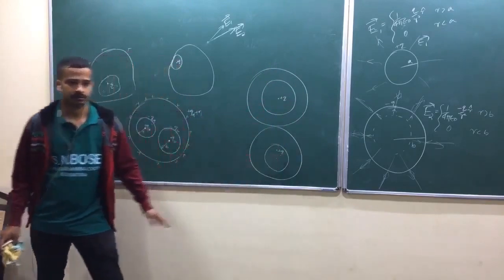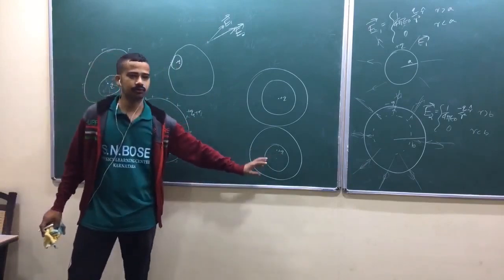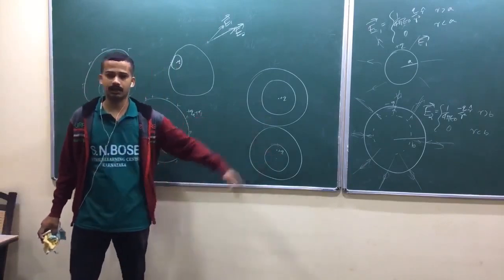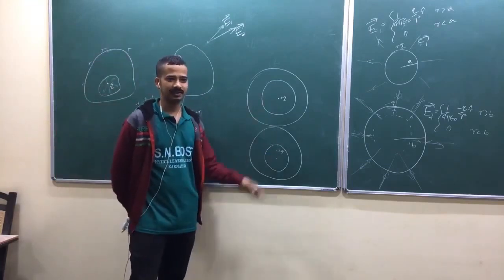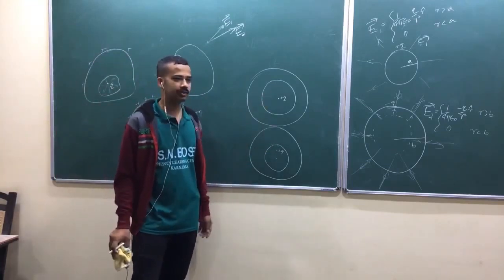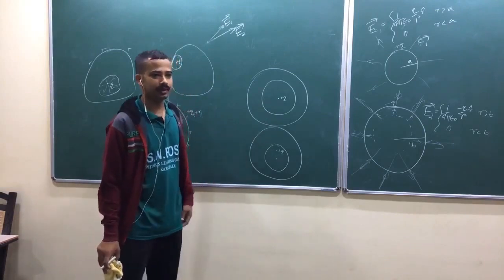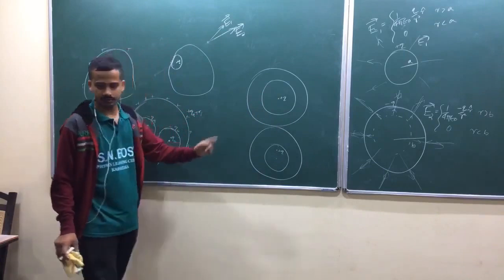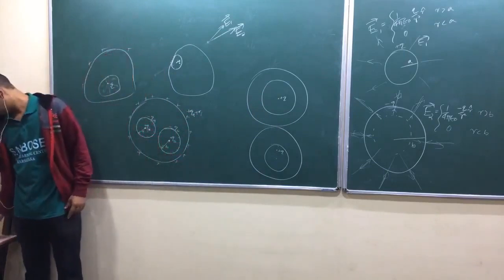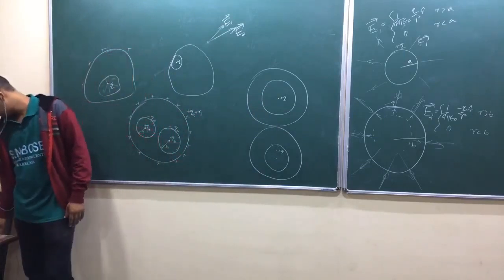Get me the answer: whether there exists a net force, or if you leave this charge, whether it will hit the surface or not. If you leave it, it will hit the surface. Why? It cannot be put at a stationary point. There exists no potential minimum. Be careful. So try to answer this question.